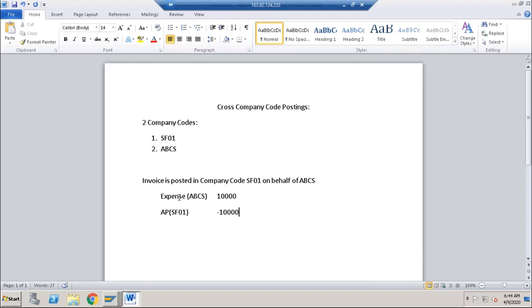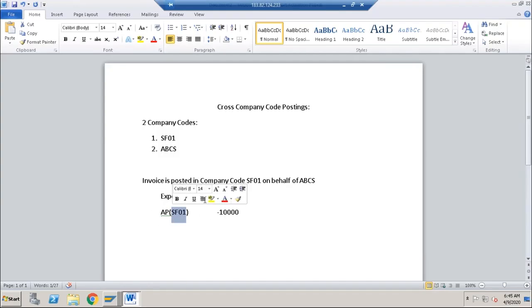But the problem here is, if I am able to post this document, this is completely fine from the accounting point of view, but the real problem is that at the company code level, these documents do not have a zero balance. If you see this document properly, company code ABCS is only getting the debit entry and company code SF01 is only getting the credit entry.